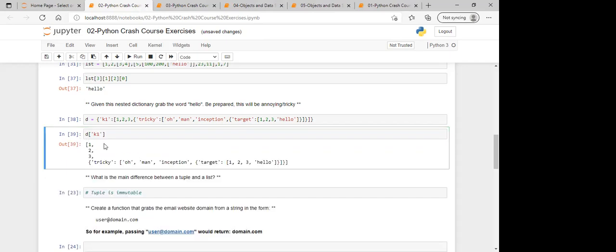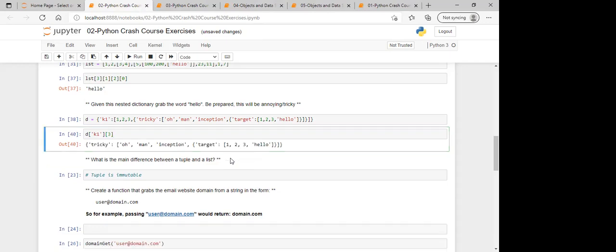Now inside this list, which element do you want to fetch? We want to fetch the element at index number 4, index number 3, sorry, because this complete thing is an element. So every row is an element. Yeah, do it. Run it. So this thing is now a dictionary. Now you want to fetch what item of the dictionary? Inside quotes.